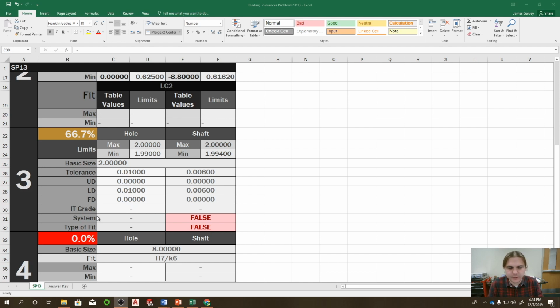In this situation, to determine whether this is a hole or shaft, we would pick whether this basic size is the minimum of the hole or the maximum of the shaft. So in this case, our basic size is the maximum of the shaft, so this is a shaft system. And then, coming over to the IT grade, or the international tolerance grade number, we'll need